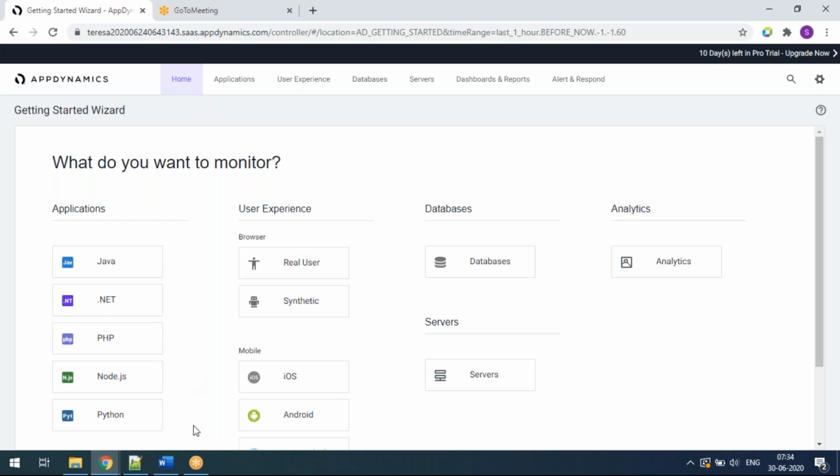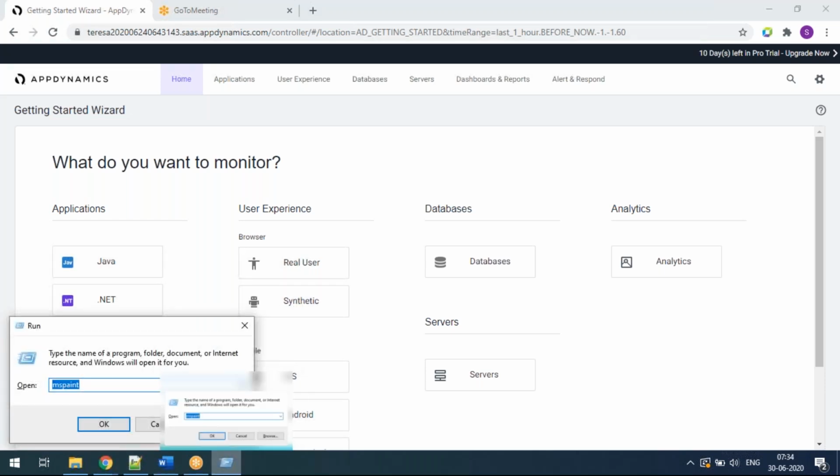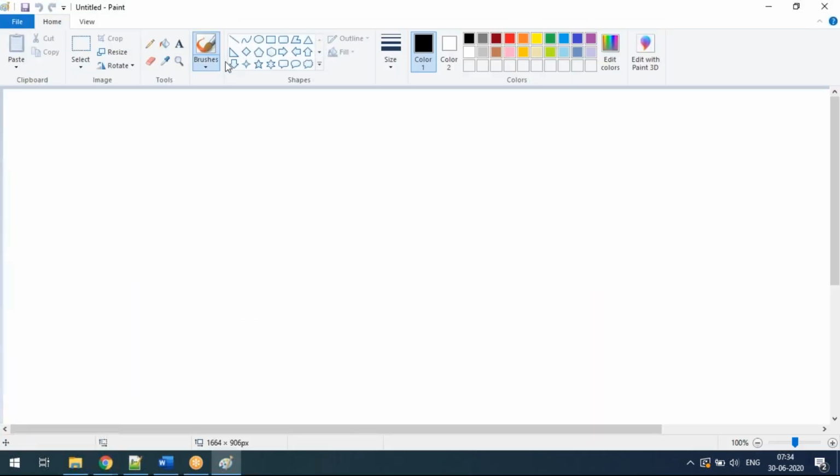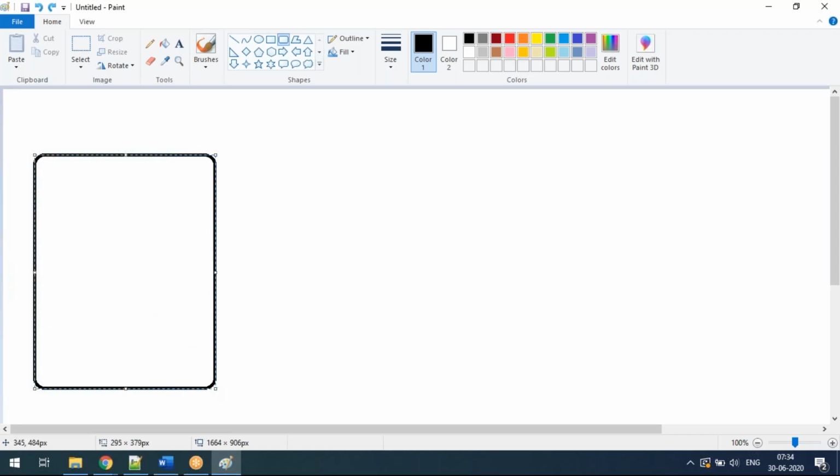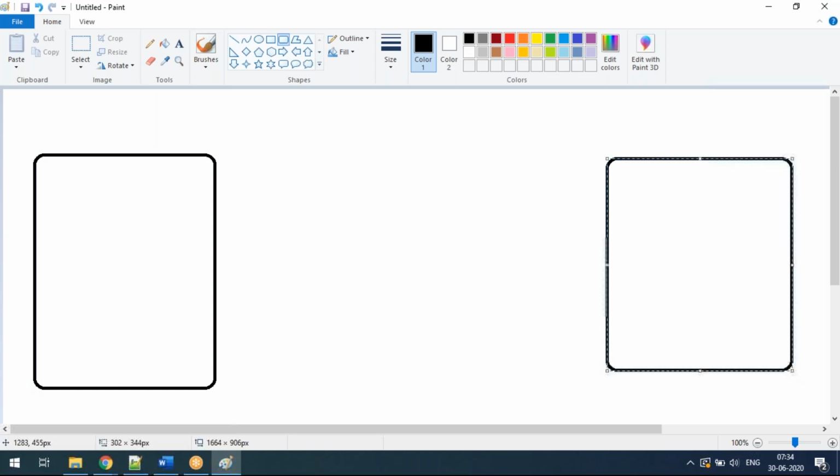Okay. So it is like this. Say the representation is like this. First I should have a Java application, and then I have an App Dynamics SaaS account, and then I need to have an agent. All should be communicating.